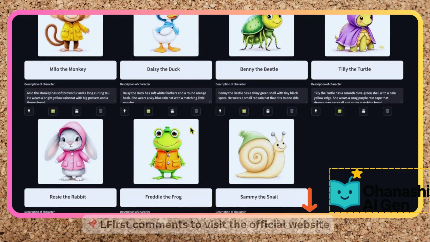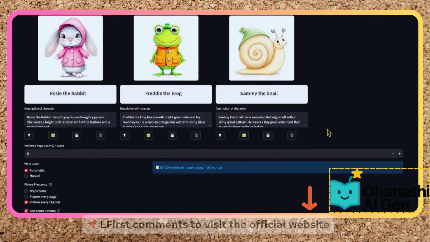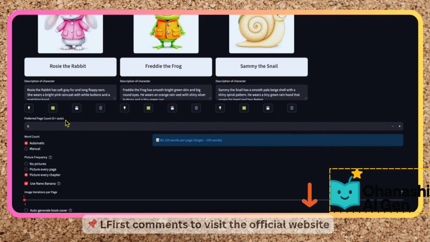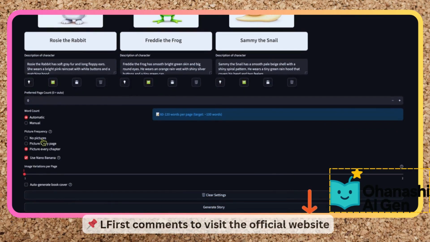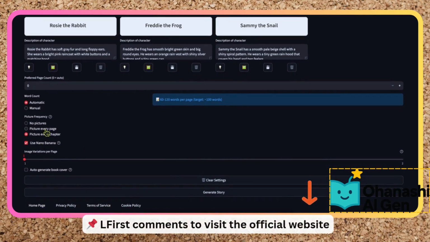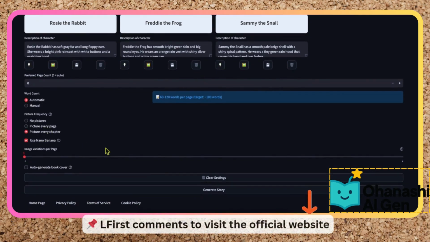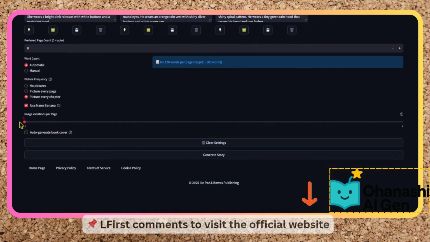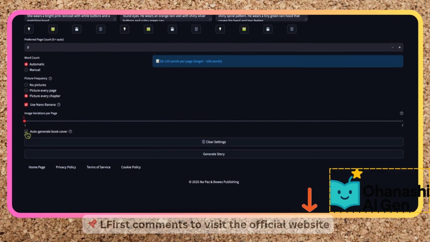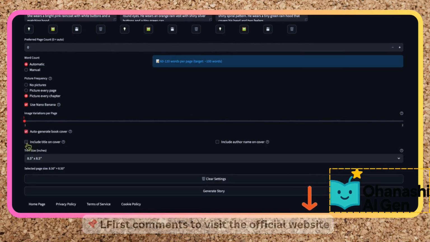Here's the steering phase. So I'm going to say rainy day with a monkey and a duck, and we're going to generate the idea. On a rainy day, a playful monkey and a curious duck. Okay, so we're going to use this idea. You can see how easy this is. Author name, we can generate an author name, and we can just say generate an idea. We have a name, so I'm going to say boom.